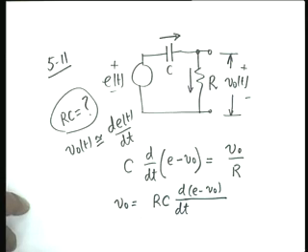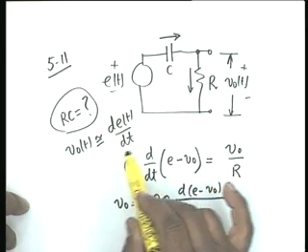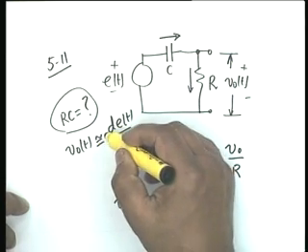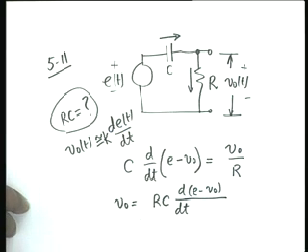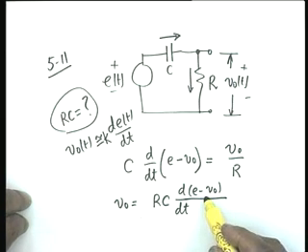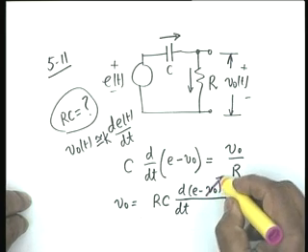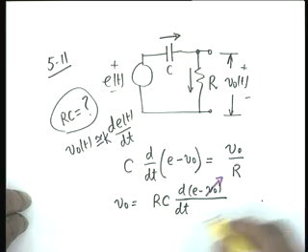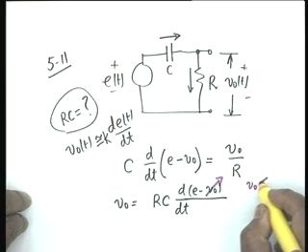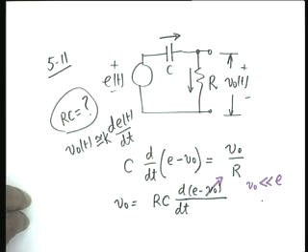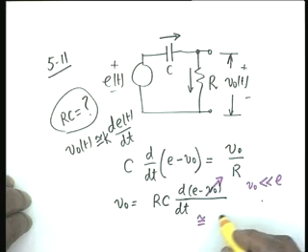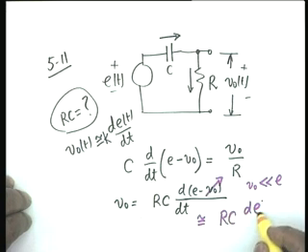What we want is that it should be proportional to or equal to some constant k multiplied by dE/dt. We want the output to be proportional to the differential coefficient of the input, and therefore, the only disturbing feature here is V0. If we can make V0 much less than E, then obviously this would be approximately equal to RC dE/dt.